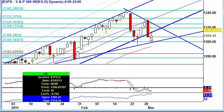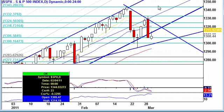Because with a lower high and a lower low, this second candlestick tells me a lot. Because we didn't get this red candlestick following, we got a white one. Even with crude oil as high as it is. With that saying, man, I'm just not sure if we're going to drop here. Now, obviously anything can happen, but to see a stall after, I mean, look at the last time we had